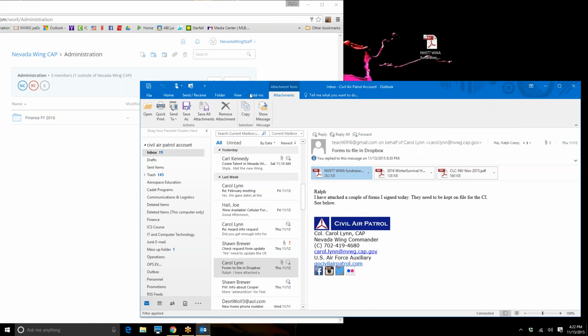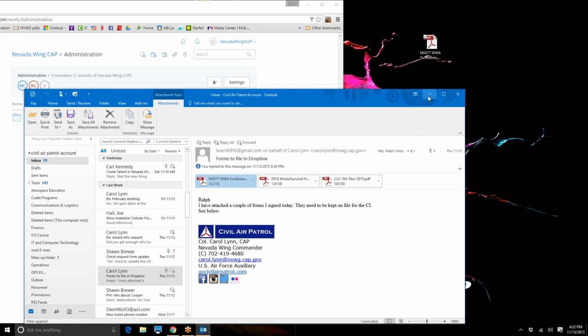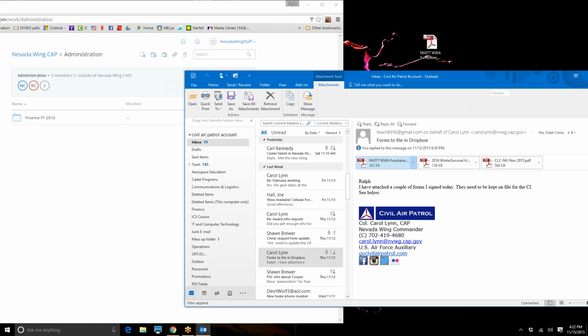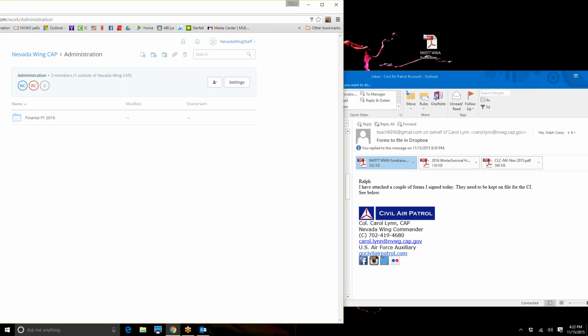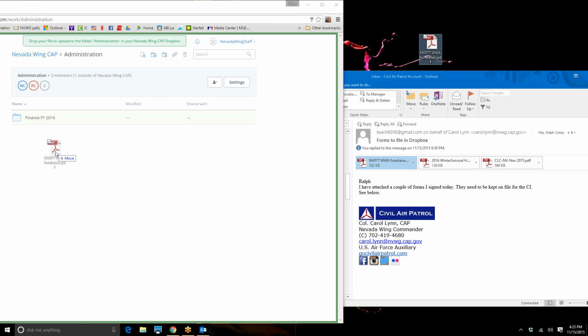You may have to do this because when I try to drag it from the email directly into the folder and I let go, nothing happened because for whatever reason, it doesn't like that. So my assumption is if I drag it from my email temporarily onto the desktop and then drag it over,